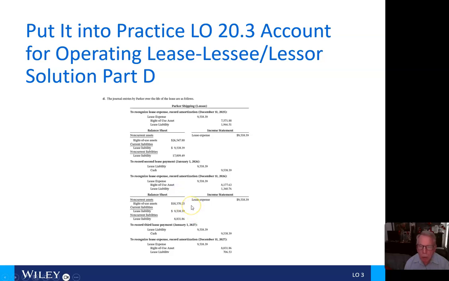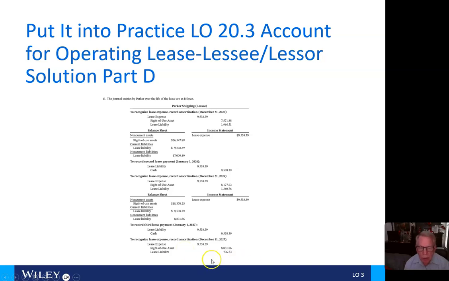And our balance sheet will change slightly with non-current assets, current liabilities, and non-current liabilities. And our lease expense will be the same as 2025. Then finally, we will do a third lease payment here in 2027, debiting just like we did previously for 2026. We'll debit lease liability, credit cash for